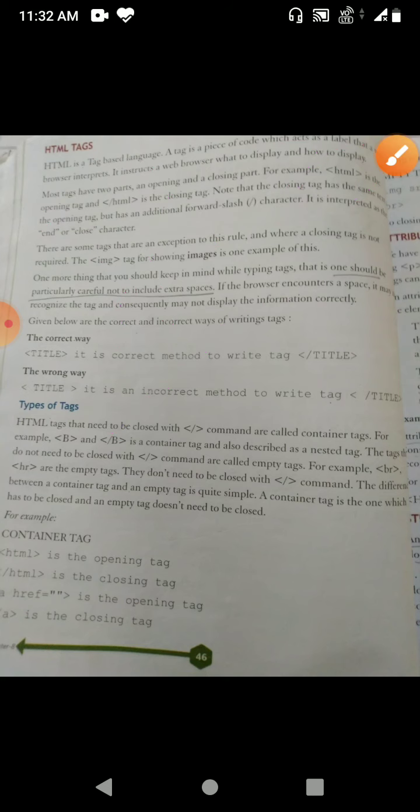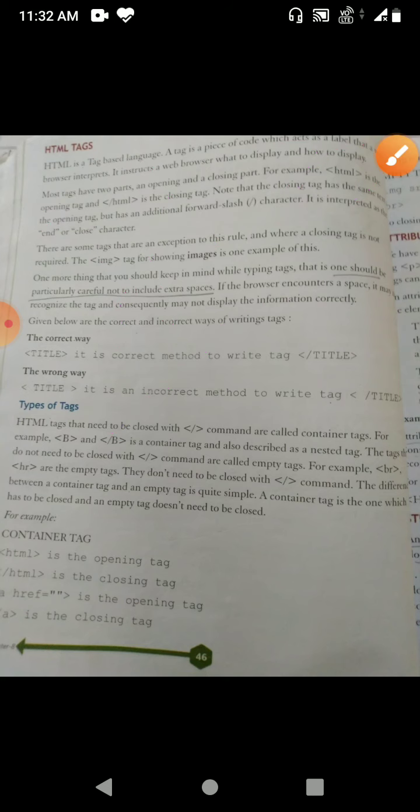When we do not put the closing part, Notepad reads all this information as text and will not execute it as code. So whenever we give an HTML tag, we should close it, so it takes it as code, not as text.